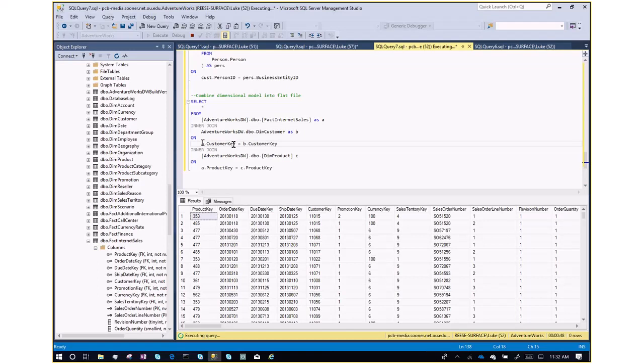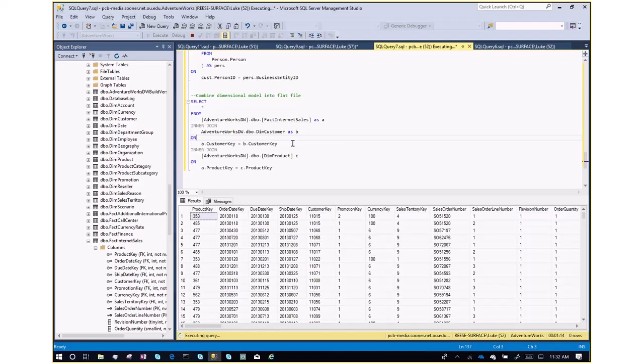So let's say my customer key, I bought things 5 times from the company, so my customer key appears 5 times in internet sales. And then in the customer table, we would assume that there is a single row that has my customer key